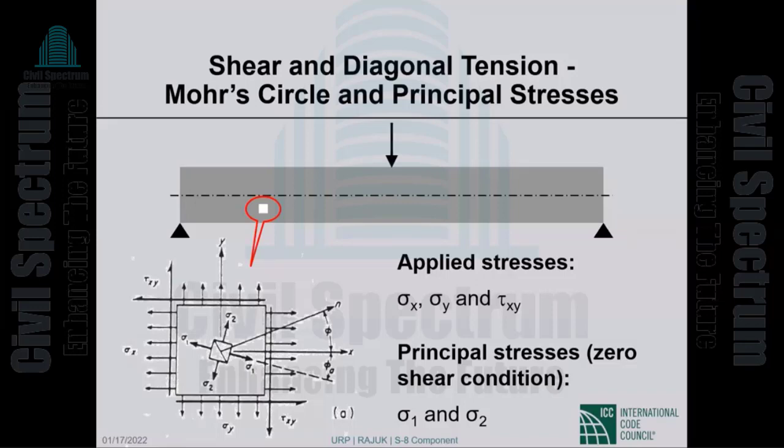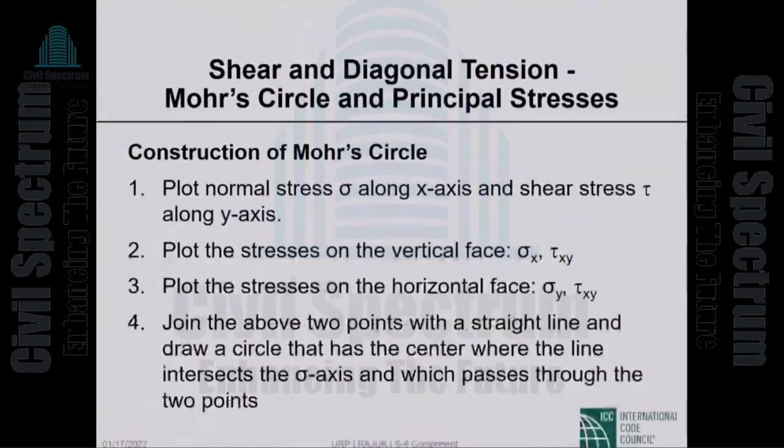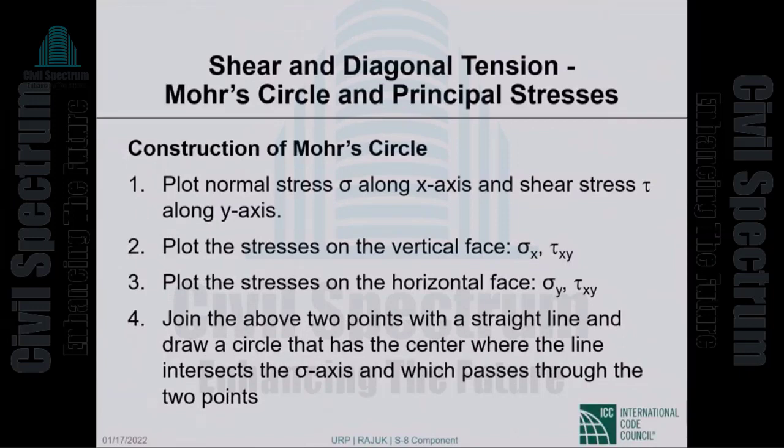Okay? And they are the largest or the smallest stresses that an element is going to experience. Now, in order to figure out the sigma 1 and sigma 2, the principal stresses, we typically go to this construction of Mohr circle,